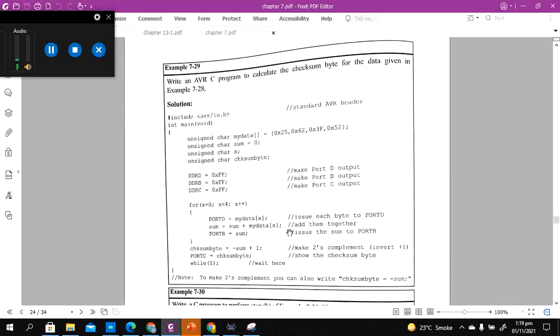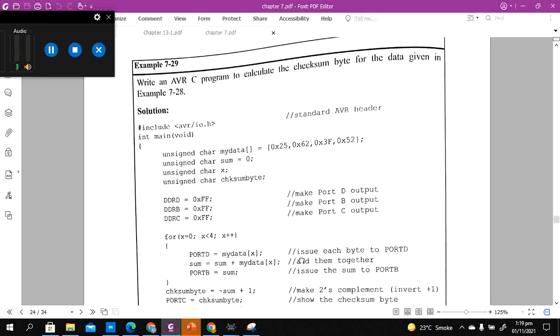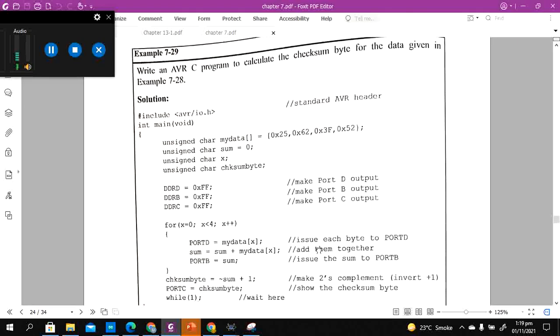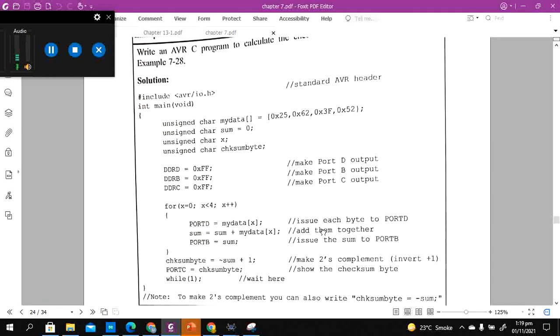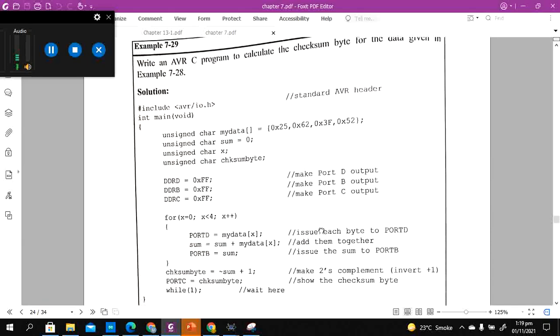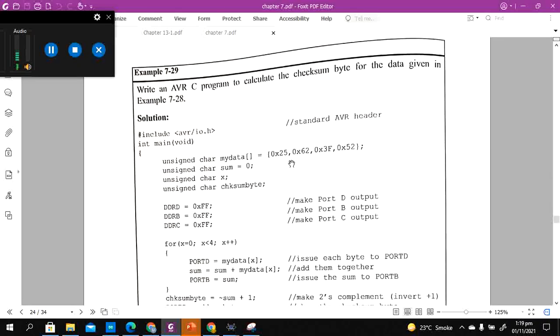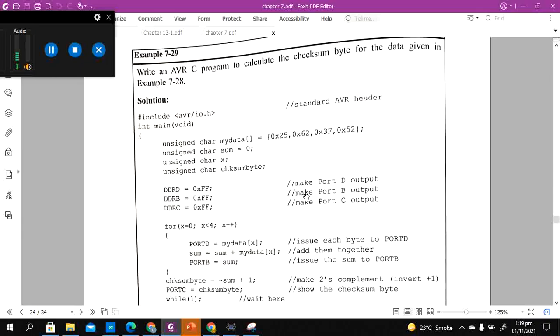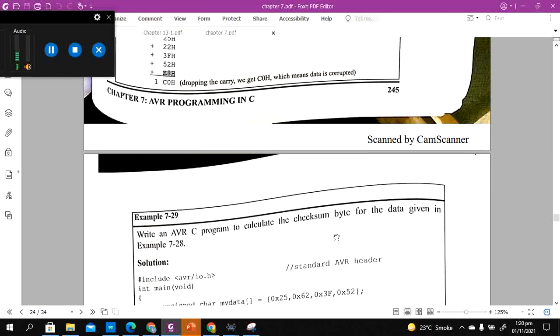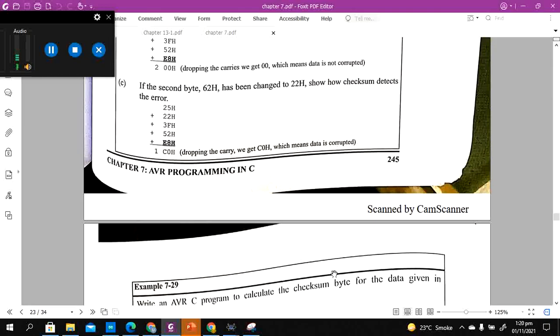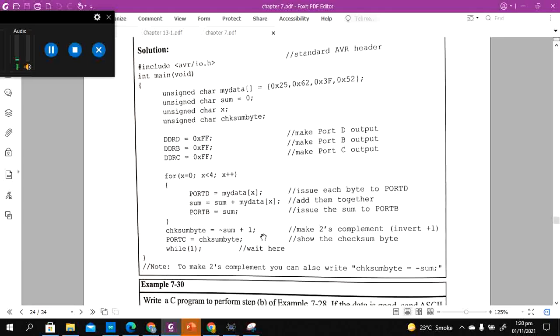So we now have checksums, and checksums are simple programs that can help you identify whether the data is correct or not. These checksums are important to validate the integrity of the data. Similar operations are done, and then the complement is generated to verify the results. You can see the theory here, the mathematics behind it, so that you understand what the output is and why this specific algorithm is being written.